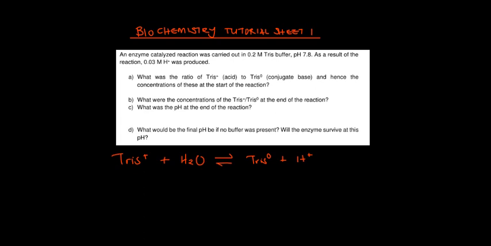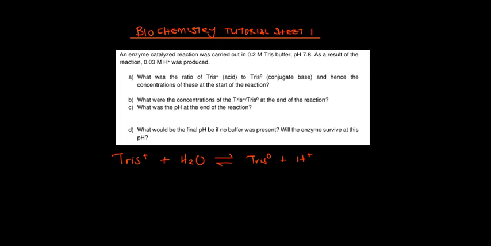So the first part of the question says, what was the ratio of Tris acid to Tris conjugate base, and hence the concentration of these at the start of the reaction? So we'll start first by finding the ratio. To find the ratio, we need the pH and the pKa value. The concentration of the Tris and the Tris conjugate base we don't know. So we know of the pH of 7.8, and the Tris buffer has a pKa value of 8.1. So we can use the